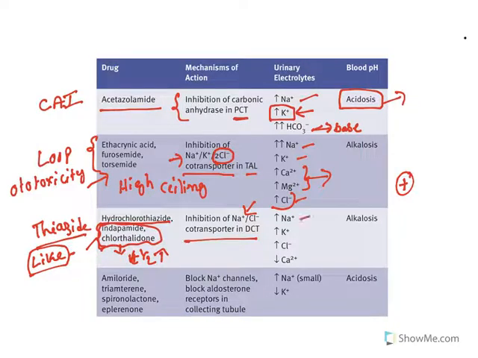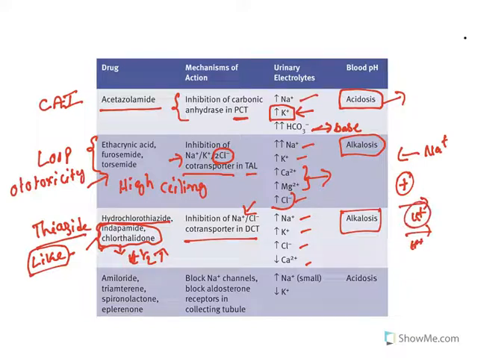Now they cause sodium chloride loss, along with that potassium and calcium also. Now observe this, both loop diuretics and thiazides will cause alkalosis. The reason is, as I told you, at the collecting tract, when sodium is going too much, it is reabsorbed into the body. Either it causes loss of potassium or a proton. Loss of potassium, hypokalemia. Loss of proton means acid is going out of the body. When acid is going out of the body, the counterpart base is increasing in the body, hence it causes alkalosis. Understand the difference. Acetazolamide will cause acidosis, whereas loop diuretics and thiazides will cause alkalosis.